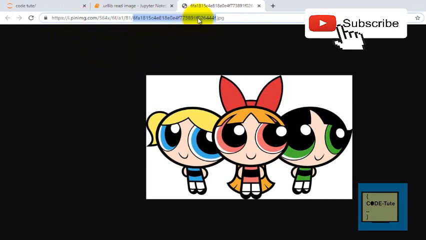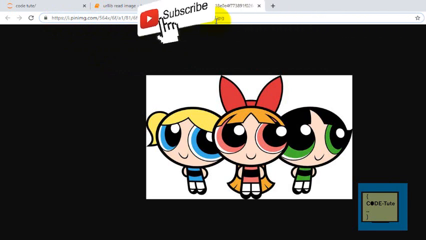This image ends with .jpg. Make sure that whatever URL you are using, the extension is in some image format. You can use PNG images, JPG images, any sort of image format, but the URL should end with the format. It's important if you want to work with images.